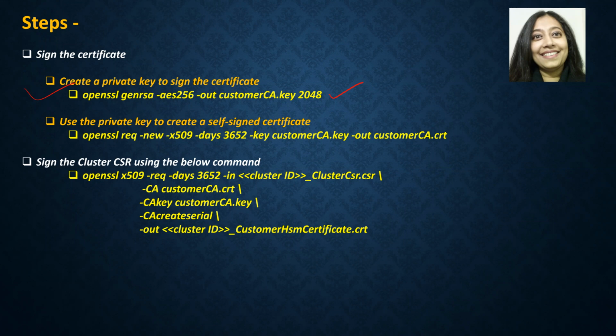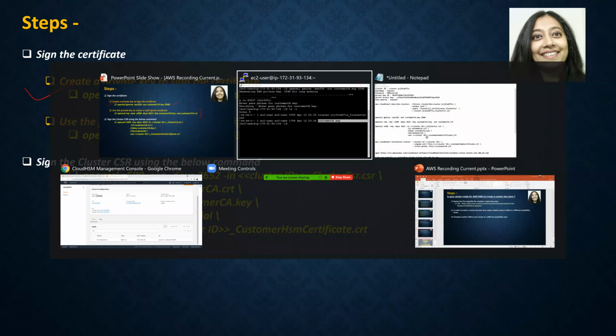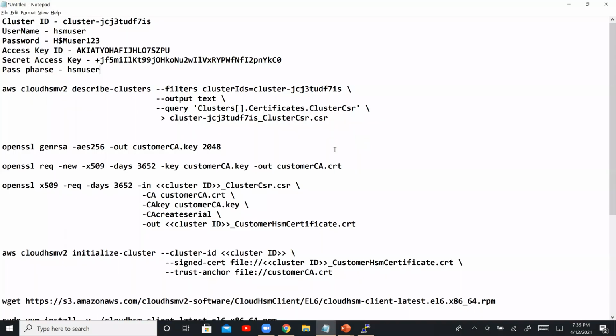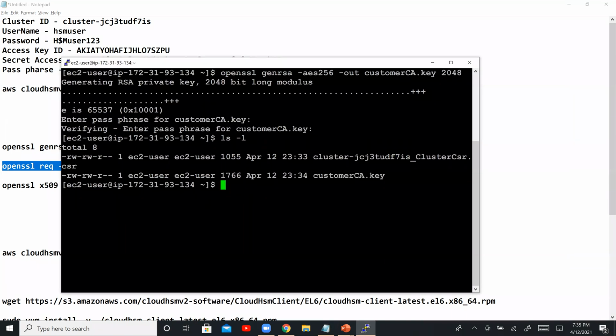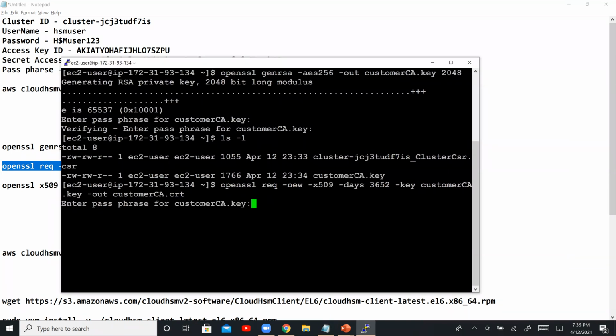Now we will use this particular private key to create a self-signed certificate. So remember that we downloaded the certificate, we will have to sign it. Okay, so let us go ahead and do that. So I'm going to copy that particular command right here, and paste it right there. We'll have to enter the passphrase